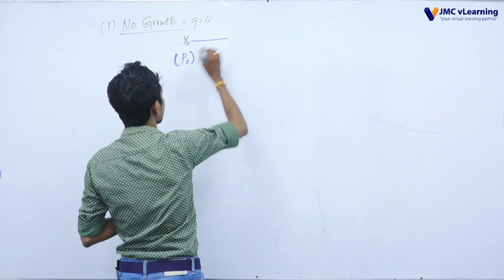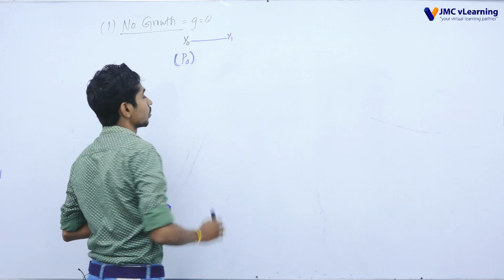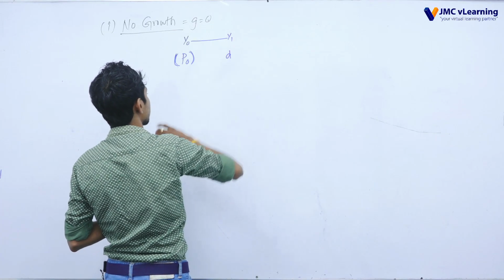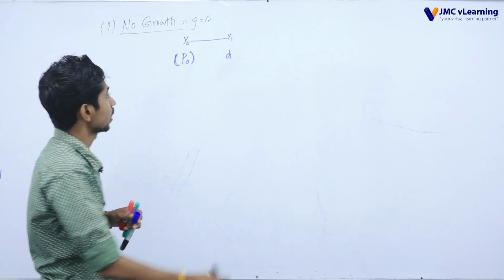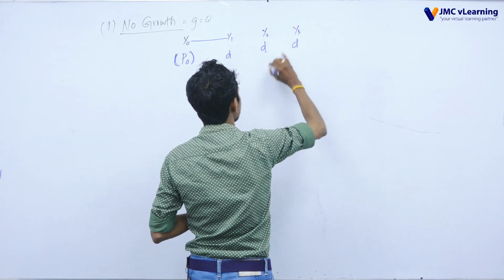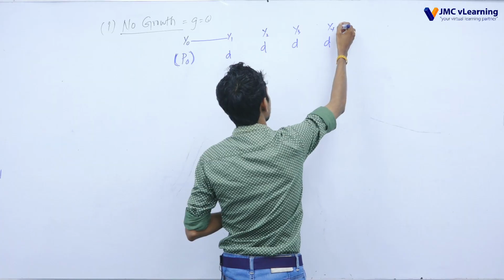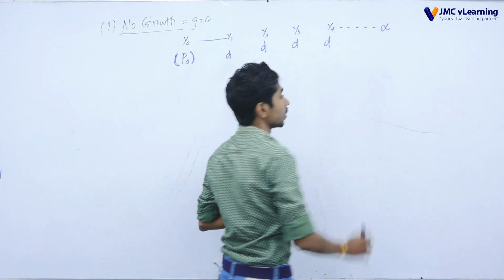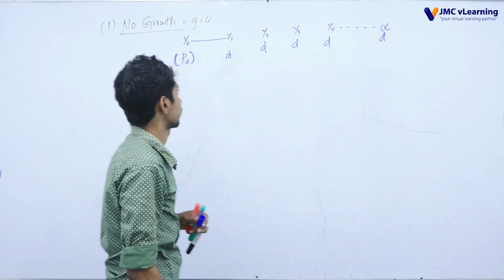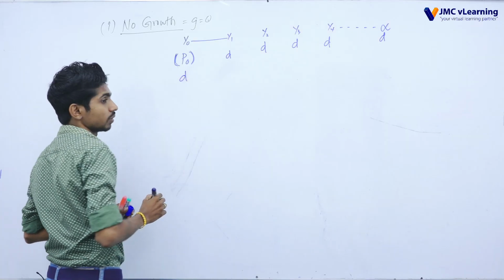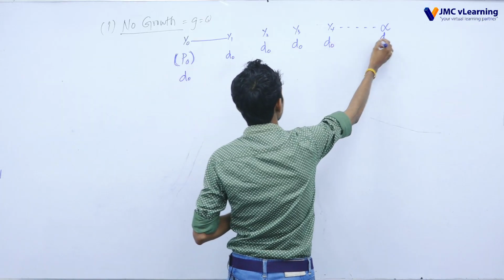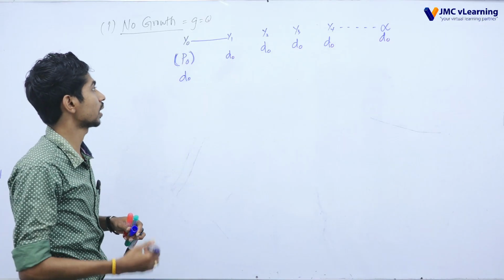Thereafter, when 12 months are completed, it becomes year 1. At that time, they will provide some dividend. Year 2, same dividend. Year 3, same dividend. Year 4, same dividend, until infinity. Up to the infinity period, we will receive the same dividend. Just now also having the same dividend, that is D0, the same dividend we will receive. Then how do we take it as a percentage?